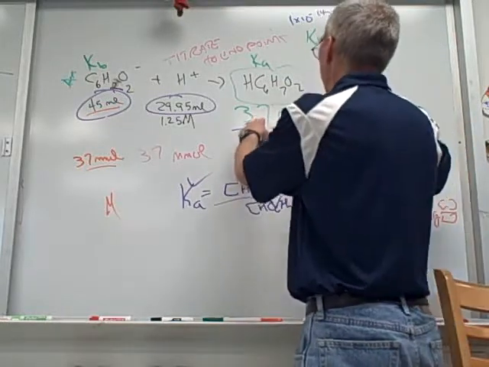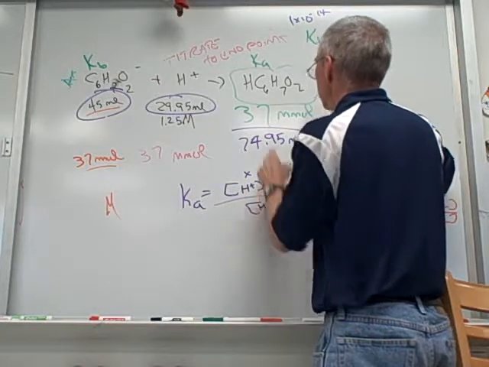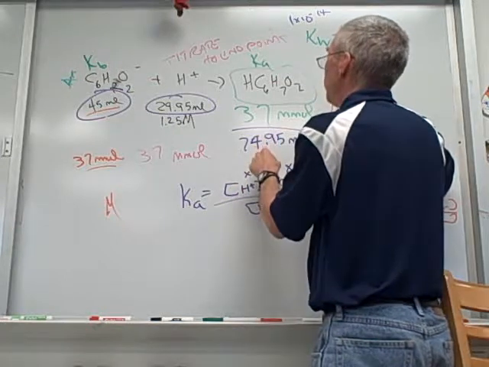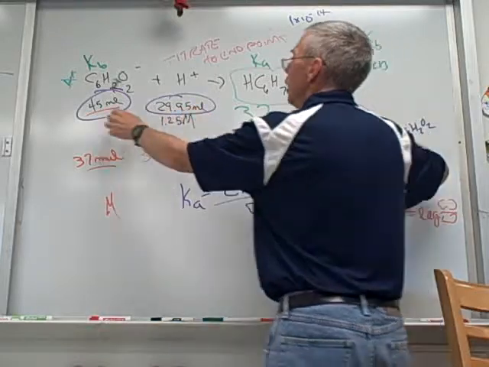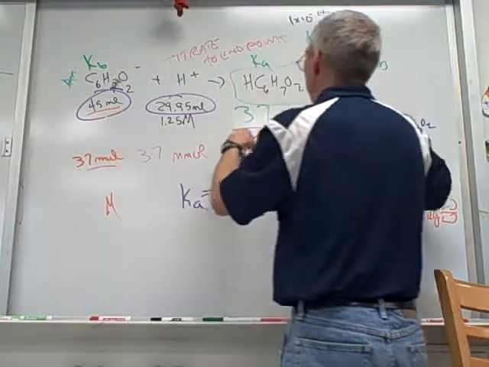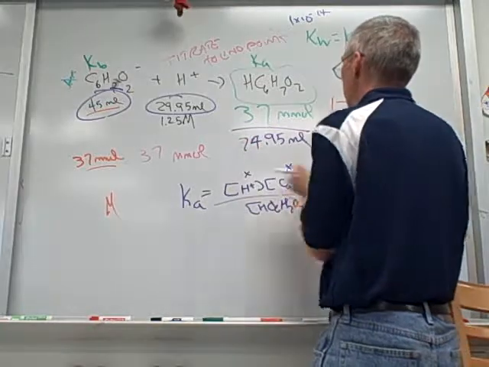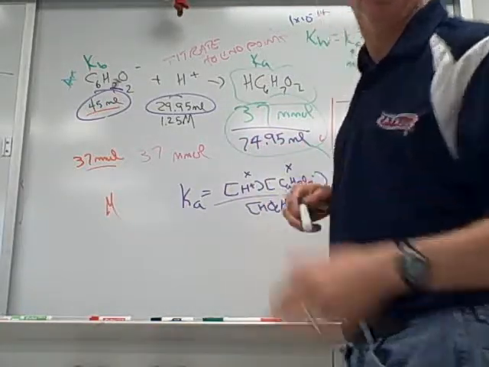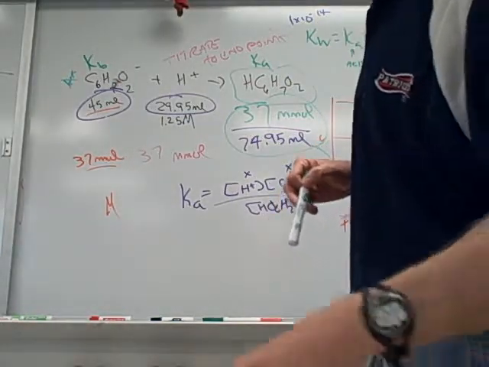Now, if you're going to use the Ka expression, care has to be taken that you use the total volume. So you check the new total volume: you sum up the 29.95 mL that you added to the 45 mL of the stock solution that you started with, and you're going to have 74.95 mL. So now you know this concentration. You were given a Ka for sorbic acid,